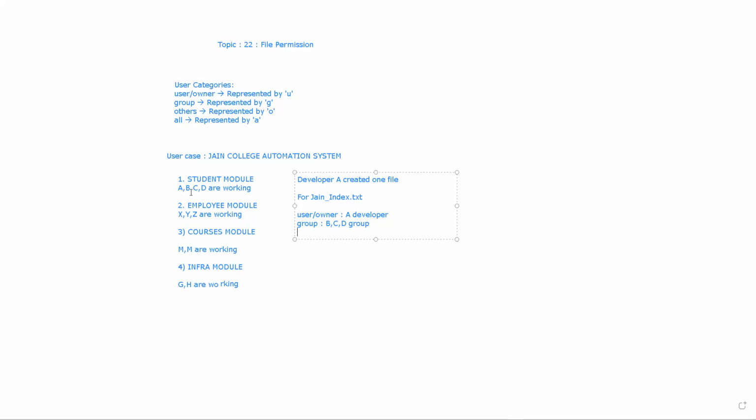Whatever leftover developers are there, those are considered as the group. So they fall into the group category. Now, what is the next category? We have the other category.